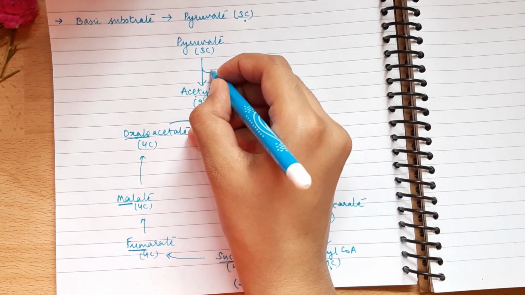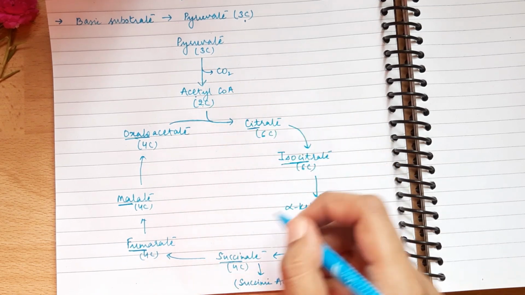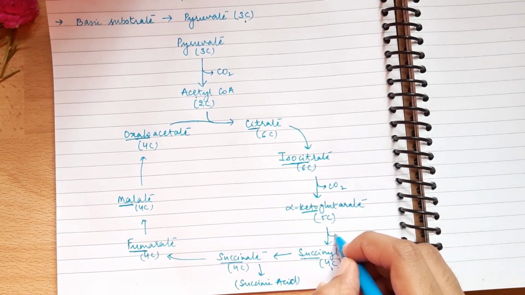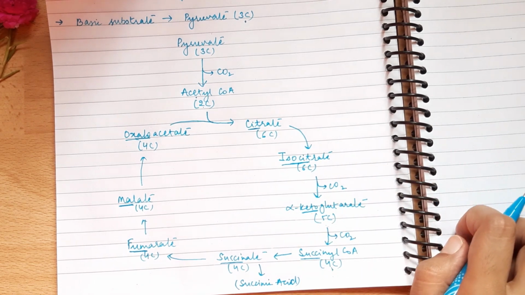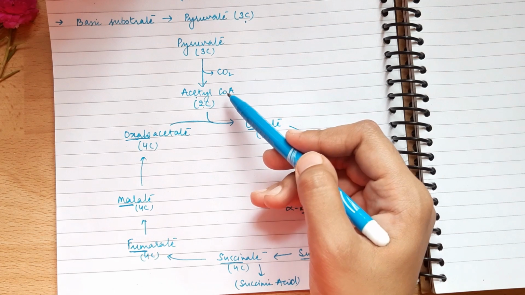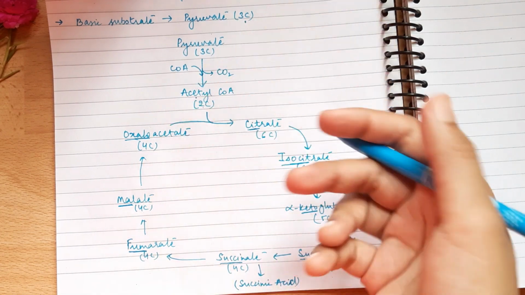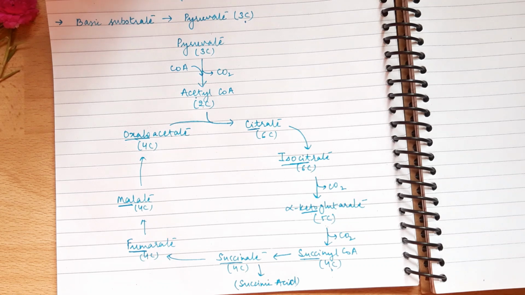So we can remove CO2 at these 3 places. Alright. Now you see, to form acetyl-CoA, a coenzyme A group has to be added. So we add CoA to this reaction.